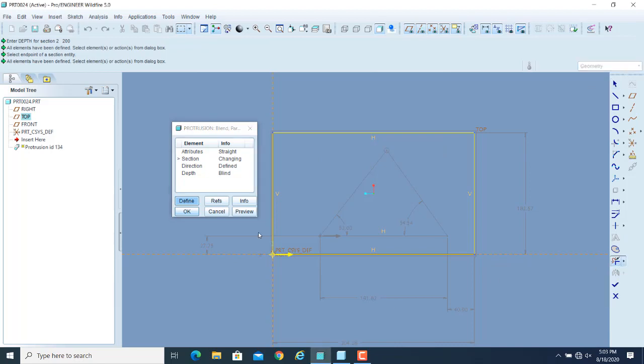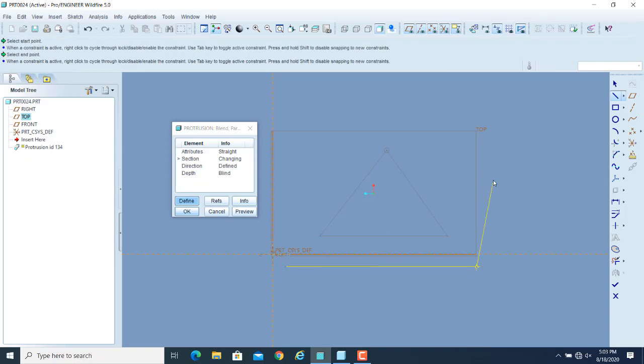For example, if I delete this one and I start with a line, for example यहाँ से यहाँ तक एक line है, okay. So now the first section is comprising of 5 edges, or you can say 5 endpoints, 1, 2, 3,